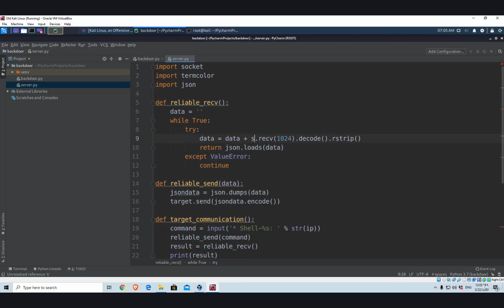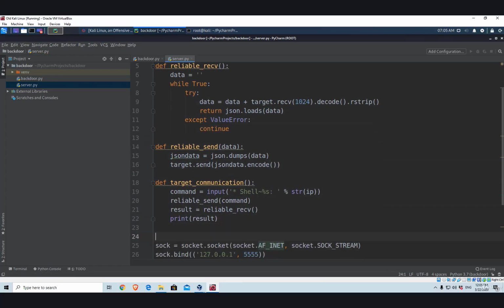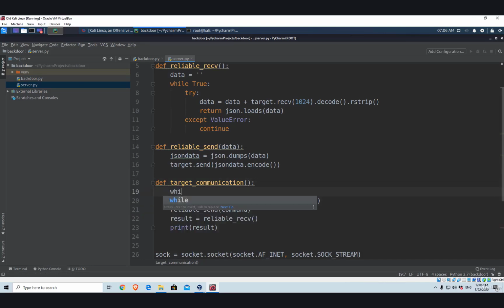Once again, switch the socket descriptors from the S to target, and everything should be good to go. Once we print the result, the program will close. But why execute only one command when we can iterate inside of a while true loop and execute as many commands as we want? So all we need to do is tap all of this inside of a while true loop,